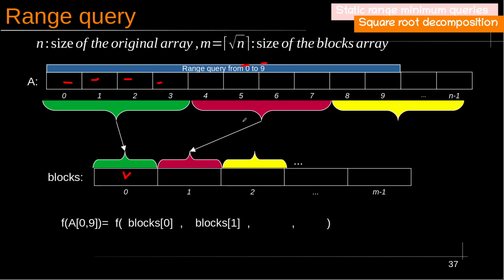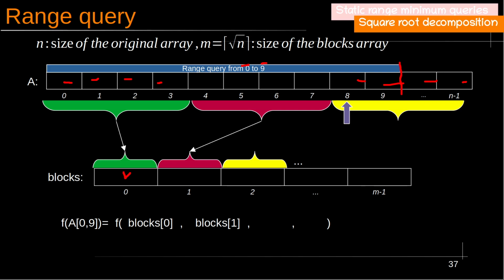So we jump that block, we come to A. Are we at the beginning of the block? The answer is yes. But can we use the entire block, the yellow one here, all the cells? The answer is no, because we want only these 2 cells in that block. So we don't use the entire block. We use a part of that block. So we have to take these cells one by one,